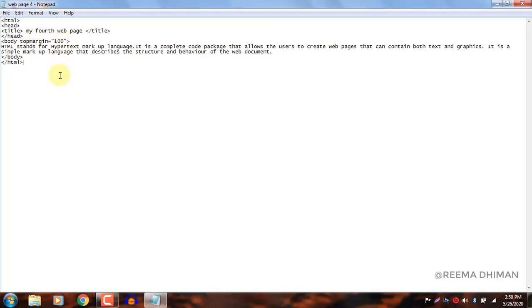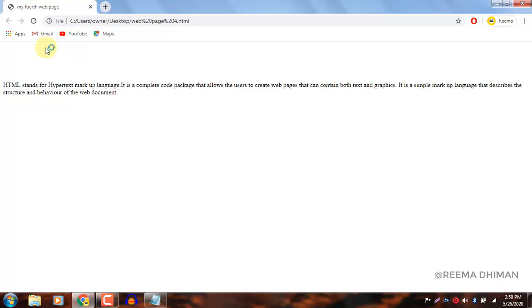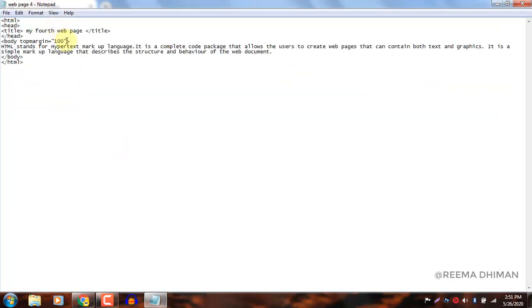Press Ctrl plus S. As you can see, the margin is left from the top of the web page. You can change the value and take the margin according to your requirement.